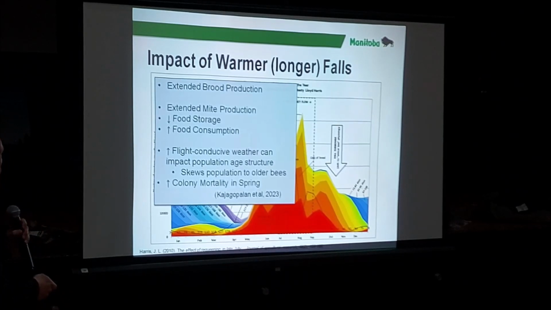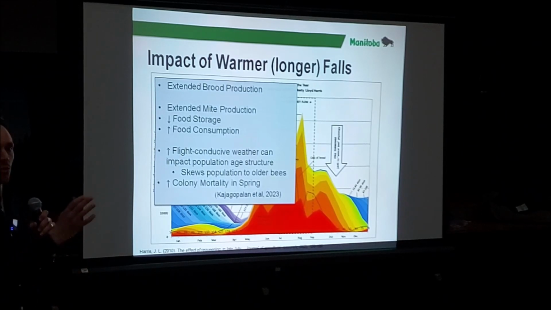These are models. But this study found that an increase in the temperature in the fall leads to an increase in flight-conducive weather. So the bees are out flying more in the fall, but this can also impact the overall population age structure. It skews the population to more older bees into the fall,